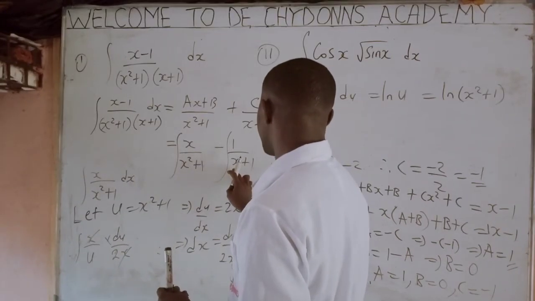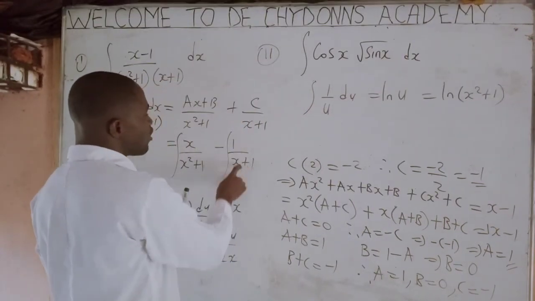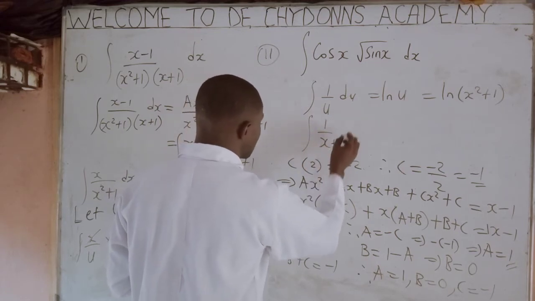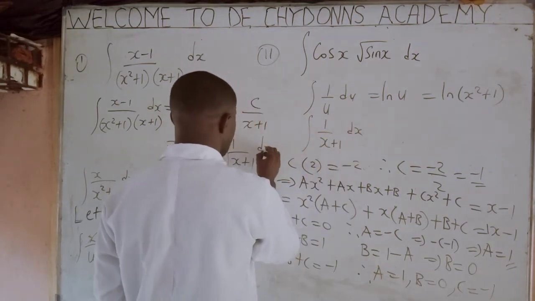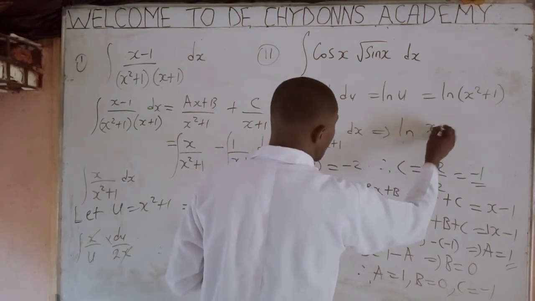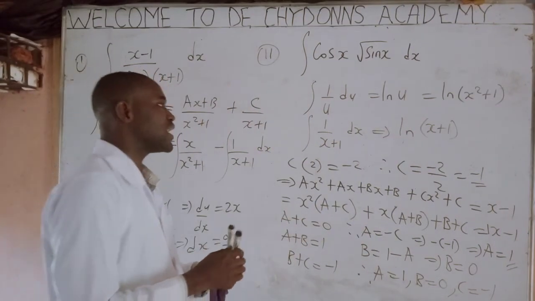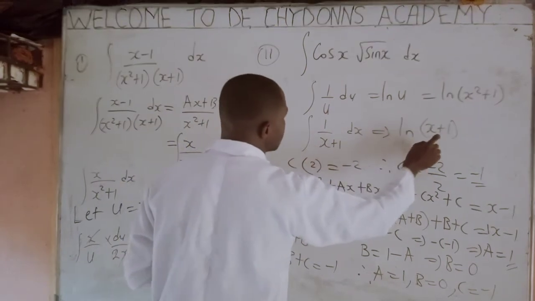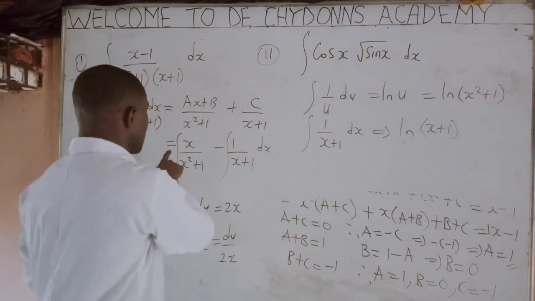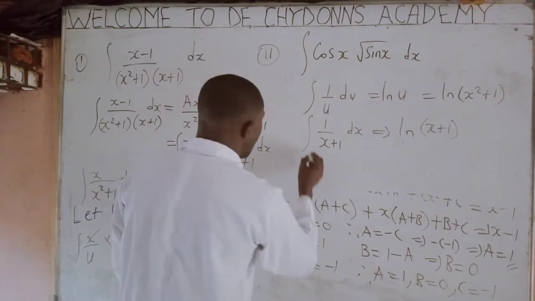Integrate 1 over x plus 1. For us to integrate 1 over x plus 1, we say integrate 1 over x plus 1 dx. That will also be giving us ln of x plus 1. Since integration of 1 over x is ln x, the integration of 1 over x plus 1 will give you ln of x plus 1. So the final integration will be integrate this over this minus integrate this over this. That will be giving us